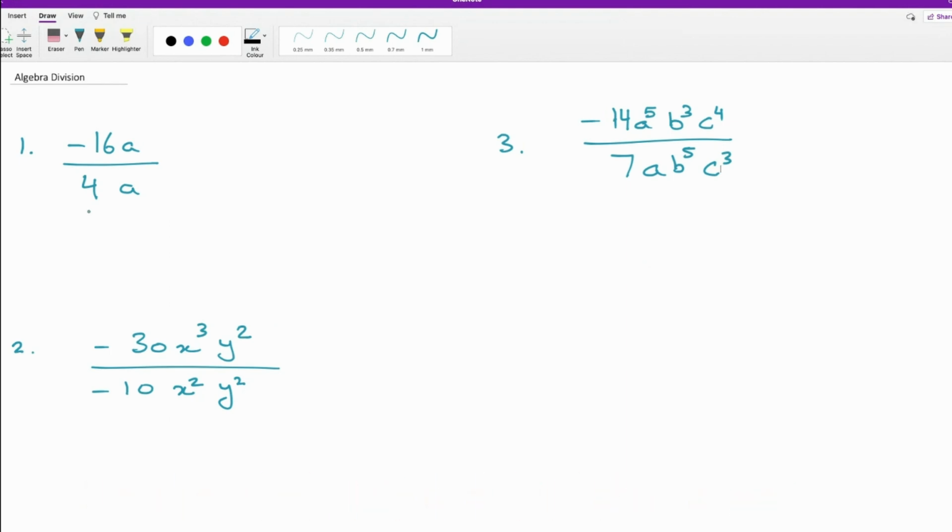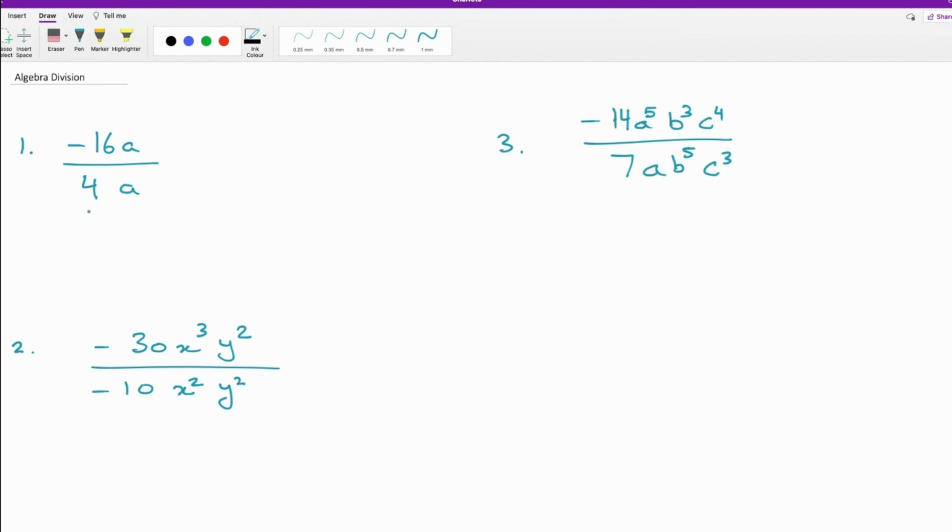Alright, hopefully you've had a go at doing some of those questions. Let's see how we can approach them. So starting with question 1, let's use that same framework that we've gone through. So starting with signs, then numbers, and then pronumerals. So the first step,